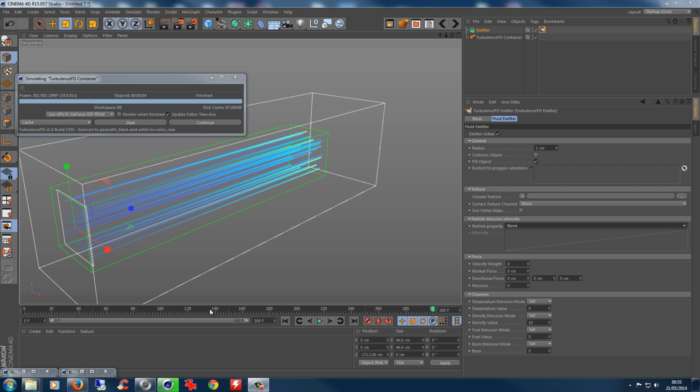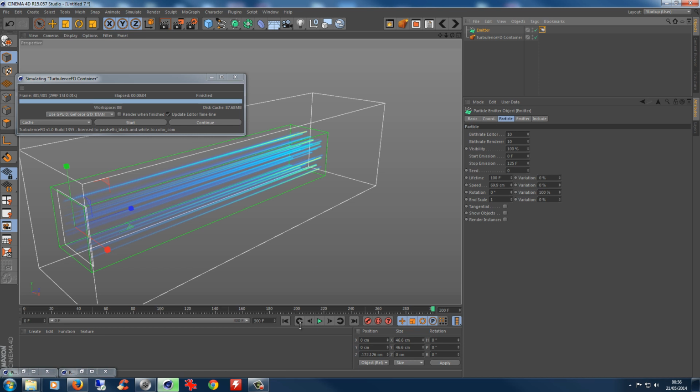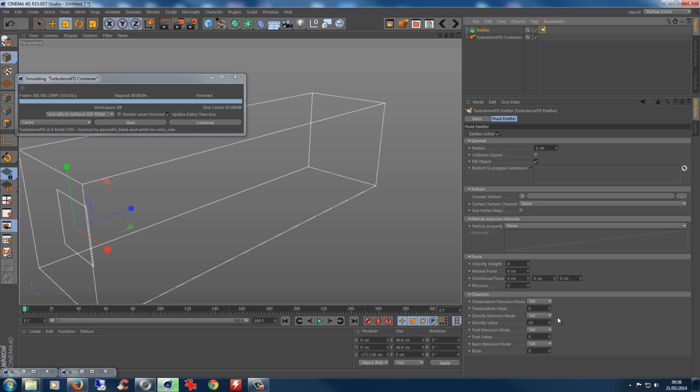Right, let's have a quick look at some of the things we can do regarding emissions and particles. Basically this setting here, particle emission intensity. What I've done, I've basically set up a pretty simple standard emitter. I've given it a TFD tag, and I'm giving it a value density quite large just for the hell of it. And if we run the default sim of that,